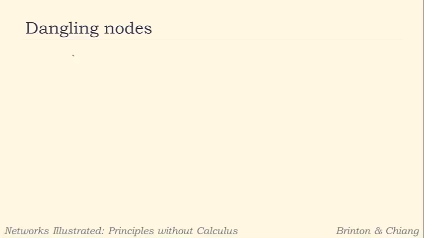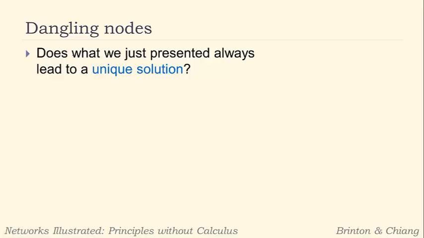So now we've illustrated the PageRank calculation. But here's the next question. Does the method we just presented always lead to a unique solution? And the answer is not quite yet. There's some modifications that we have to make in order to be guaranteed that we don't have either no solutions or multiple solutions, each of which isn't good because then there's no single consensus that we can come up